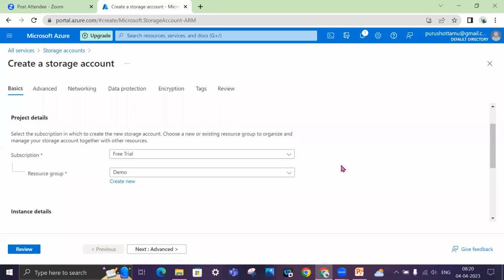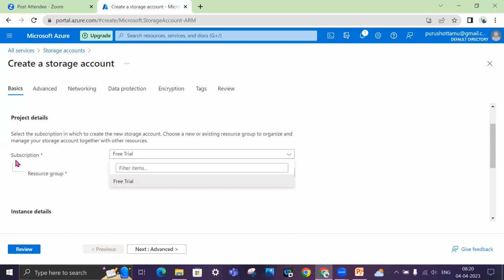As a data engineer, when somebody gives you a requirement to work on, it's your duty to ask the basic questions: what subscription should I use? Is it already available or do I need to create one? In most cases, the subscription is already created and available for you to use. But it's a very important question to ask, because in real time there may be 100 subscriptions. Which one to use?